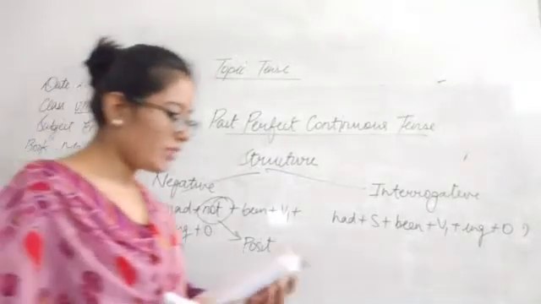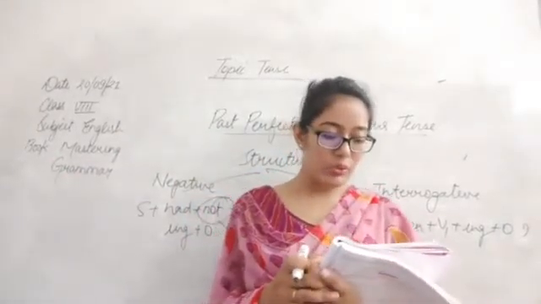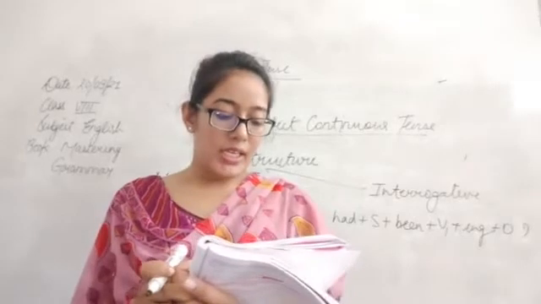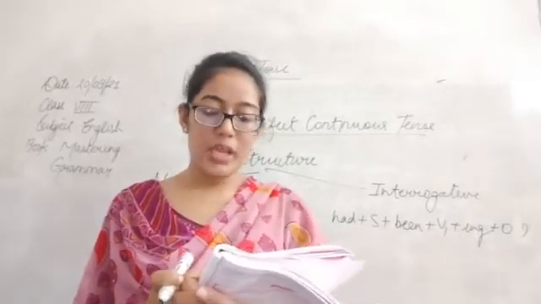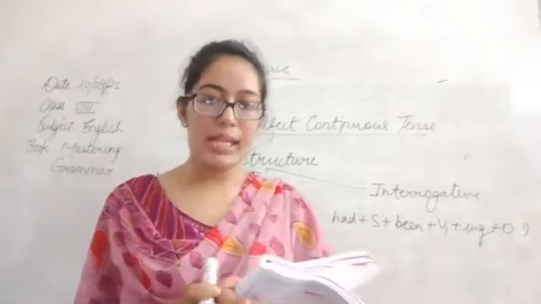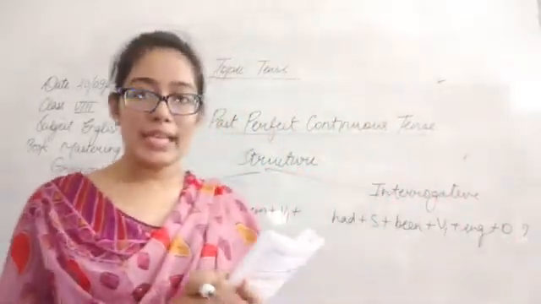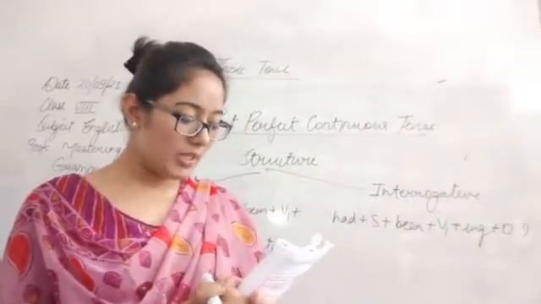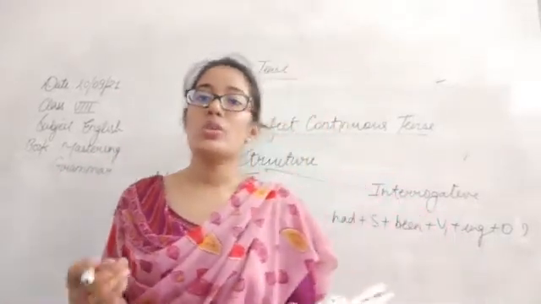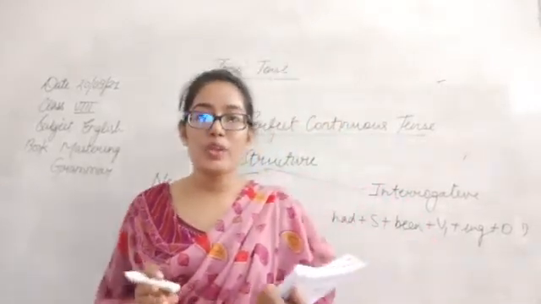Now, forms of past perfect continuous tense. I, we had been speaking. You had been speaking. He had not been speaking. It, they hadn't been speaking. And question mark, had I been speaking? Had you been speaking? Had he, she been speaking? Had it, they been speaking? Had they been speaking? So why this chart? They are showing you the structure that is being followed in past perfect continuous tense.